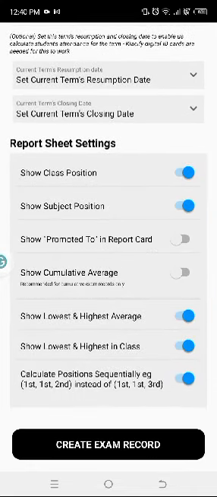Now here you see these buttons. If you want your subject position to show when you generate the result, you leave this button on. If you do not want it to show, you turn off the button. The other one is show subject position. If you want your subject position to show on the result once you generate it, you leave it on. If you do not want it to show, you turn it off. Show promoted to in report card. This comes into play if it is a third term result that you are processing. You turn on the promoted to, and then it will show the